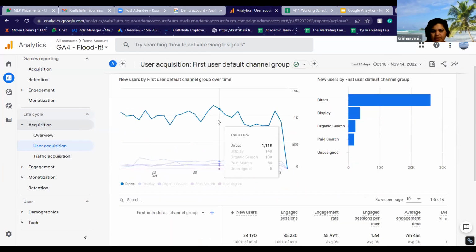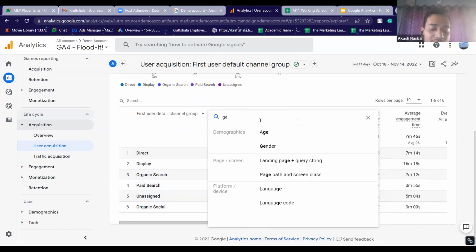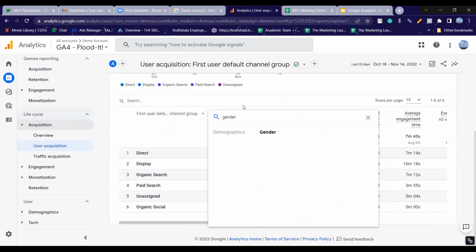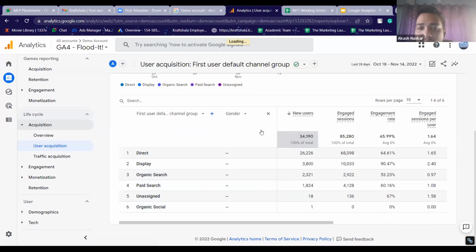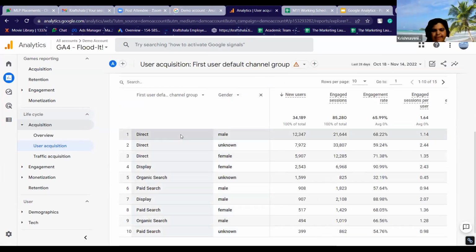The plus sign only we should click on, no? Yes, this blue plus sign. Can you show it one more time? Remove the filter, type gender. Krishnaveni, have you removed all the filters on the top? Yeah, everything is blank here. Comparisons on the filters, yes. If you select gender, you'll be able to see direct, male, female, unknown.